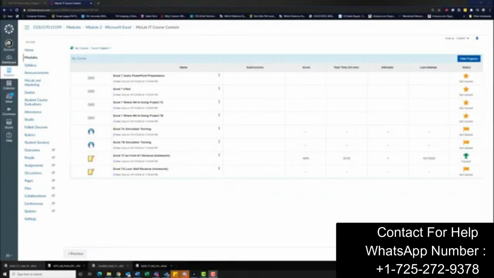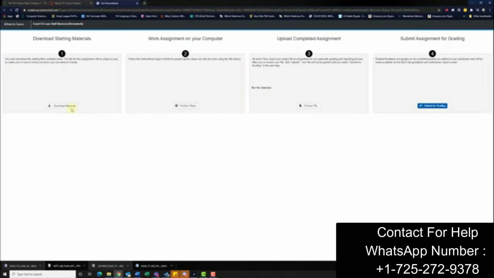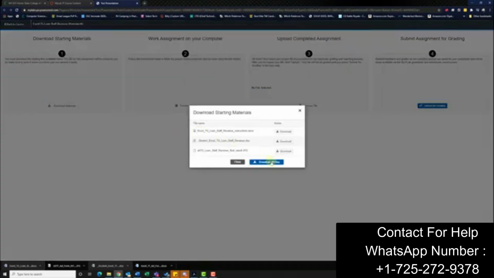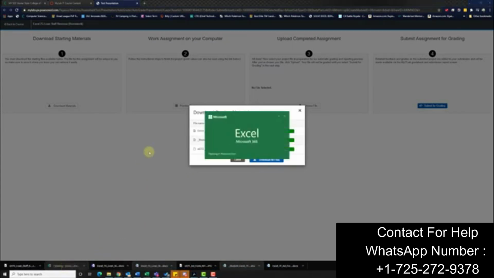For this walkthrough, we're looking at 7G loan staff revenue. Let's begin. First, let's download our materials. Remember, do not download all files. Download each individual file. And go ahead and open up your Excel file